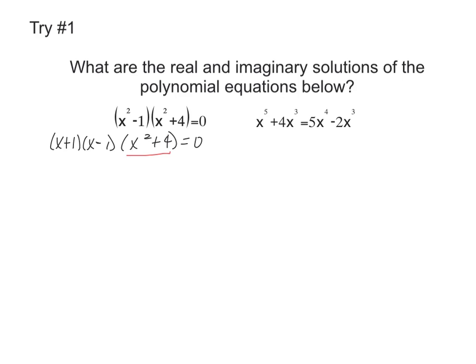So to do the quadratic formula there, we would have x equals negative 0, which we know is just 0, plus or minus the square root of 0 squared minus 4 times 1 times 4 all over,